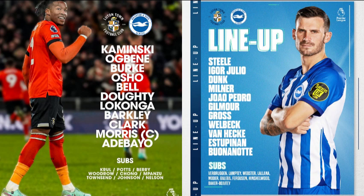Let's have another look. Oh, he was a bit high, Lokonga. He did leave a foot in there, but he was perhaps the one who was fouled. In fairness, having looked at it again, he's sort of stretching for the ball, but the player has run into him, and he has picked up quite an injury up his thigh there, but it appeared the initial foul was on Lokonga. Let's have another look here. Lokonga's stretching, he's got the ball, and then it's Buonanotte who's